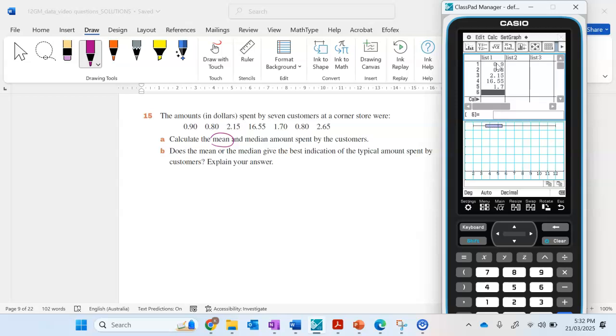Well, that's 16.55. Oh, must have been hungry that day. I was just wondering what the variable was: money spent at a corner store. All right, so that 16.55 looks like it would be a,